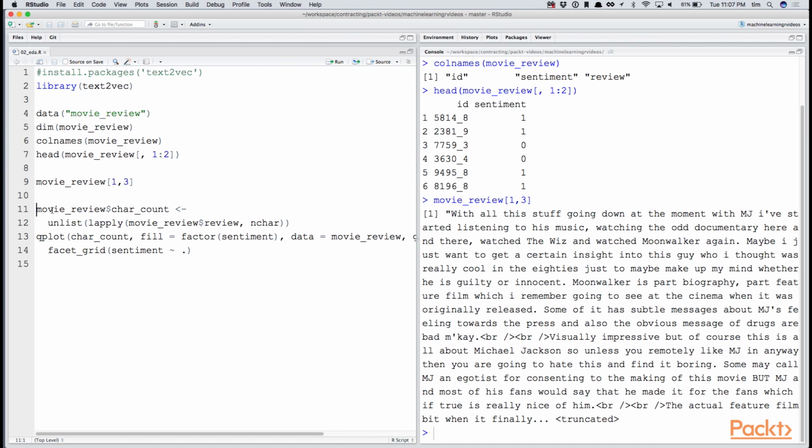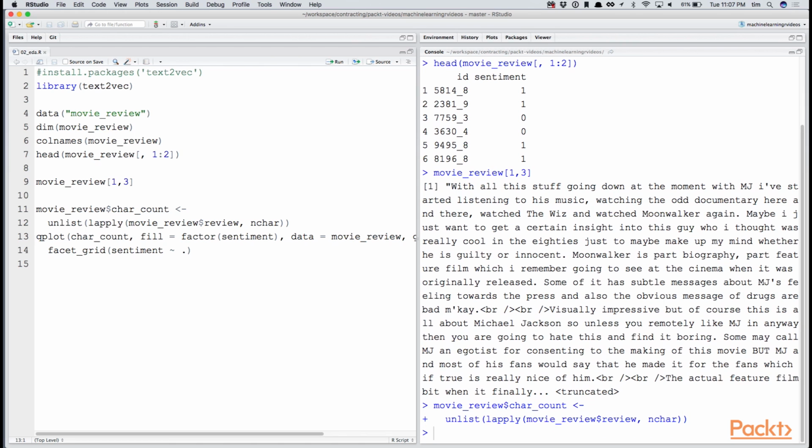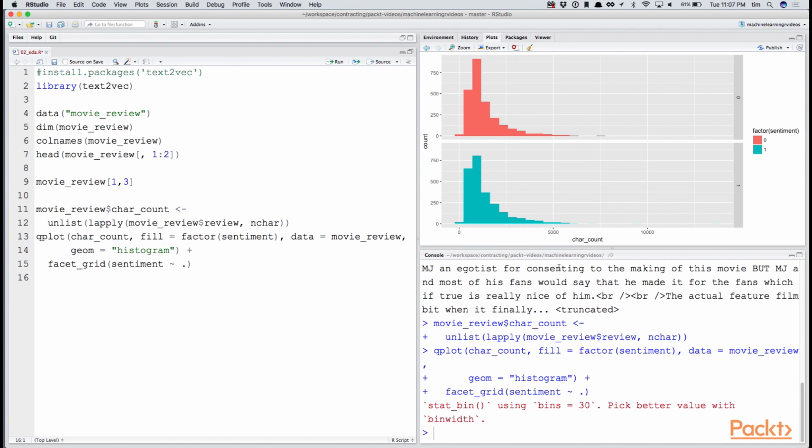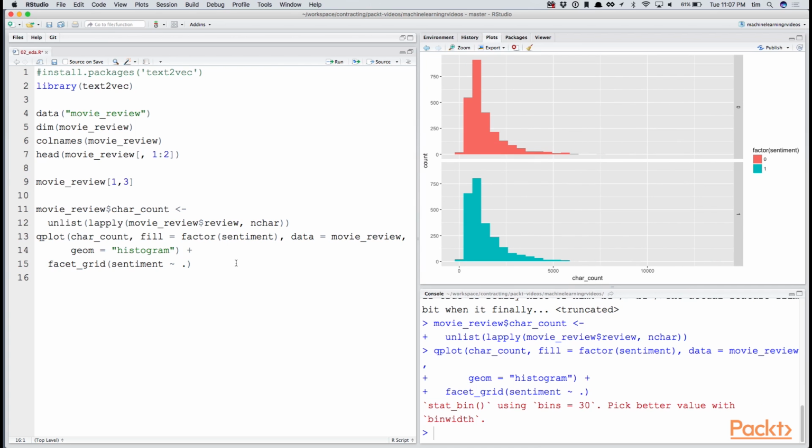So one simple thing we can do is call nchar and create a column out of that for each movie review. Break that online so we can see that a little better. I'm going to go ahead and create a plot to show review length in characters faceted by sentiment. And we see, in fact, that the length of the reviews is similar, regardless of whether it's a positive or